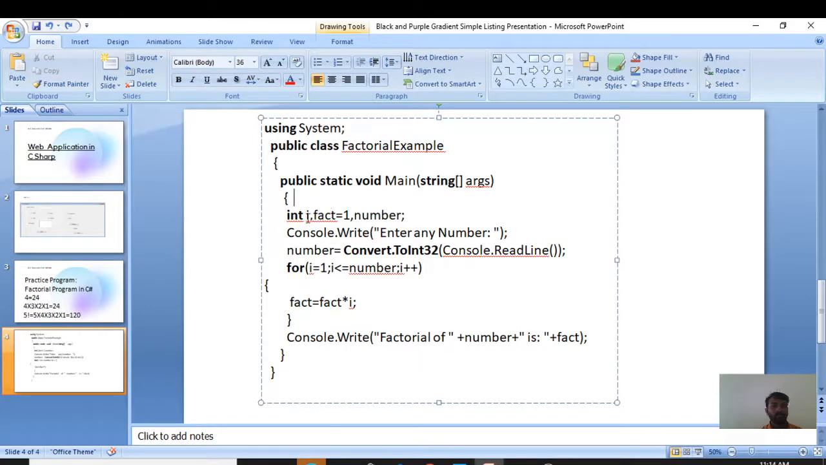Next, I have declared the integer variables. First one is i, second one is fact, and I have assigned 1 to the fact variable, and third one is number. Next line is